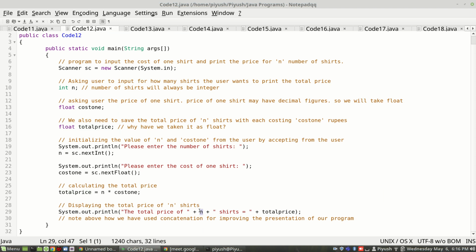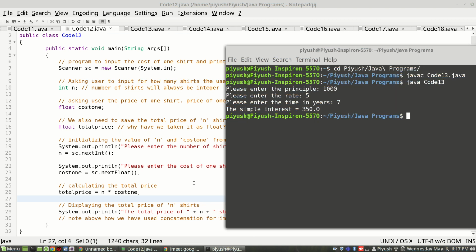See how wonderfully I'll be using concatenation here to display a very meaningful result. In the total cost of n, n will be replaced because n is not within quotes, so it will understand that n is a variable. It will fetch the value and replace it here first. Again it will fetch the value because it is not enclosed within quotes. So these two values will be replaced first, and then the entire thing, the strings and numbers, will be concatenated to give one single wonderful message. Let us see the execution, and that will make it further clear.